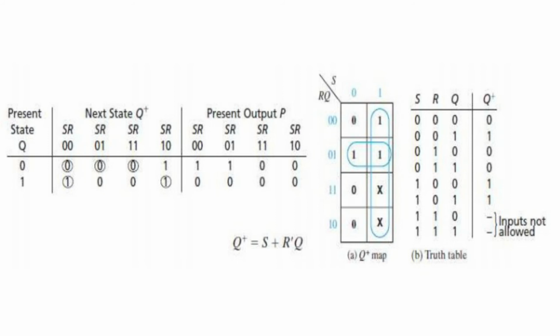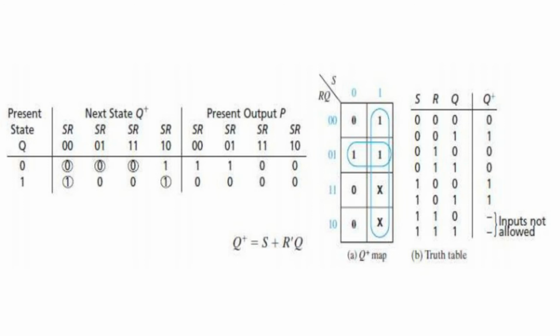Now moving next, you can see here this is the state table which represents the various states of the latches. In the present state of Q, let us take the Q value as 0. At that time, in the next state, when S and R are both 0 0, it is the previous state that will be represented on the output line. So we represent it as 0 only.